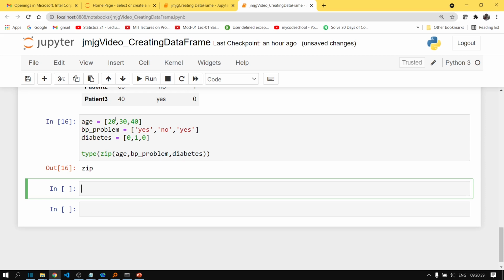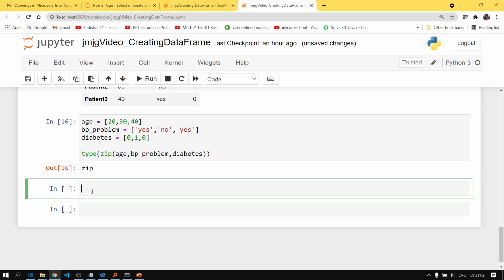Okay, so it creates a row taking the zeroth value of the first list, the zeroth value of the second list, the zeroth value of the third list, then the first value of the age list, the first value of the BP problem list, the first value of the diabetes list, and then this one, and this one.